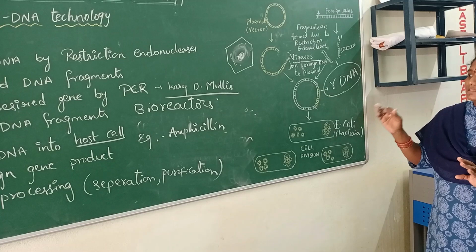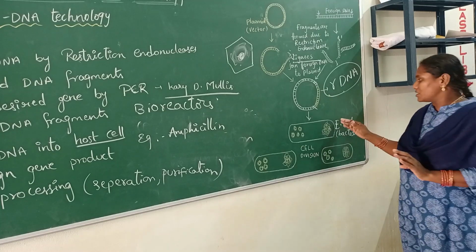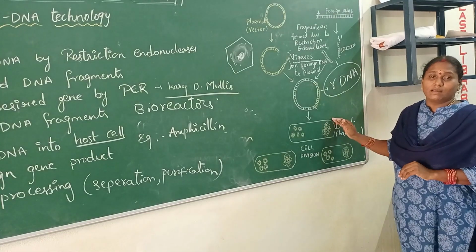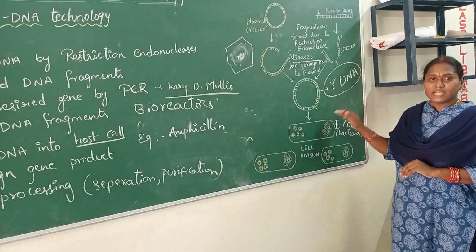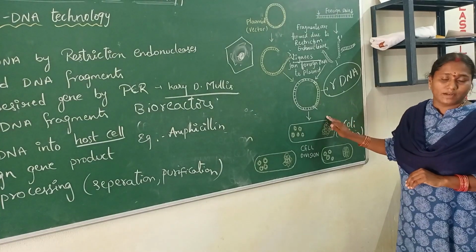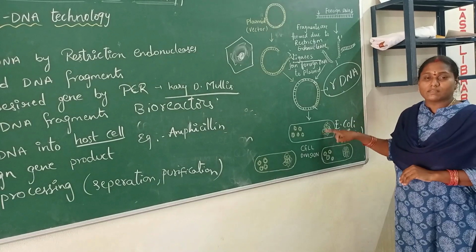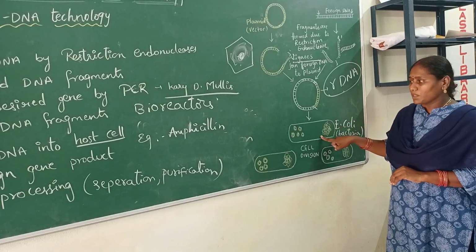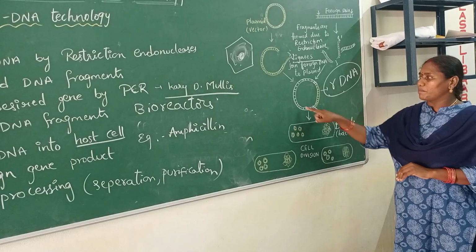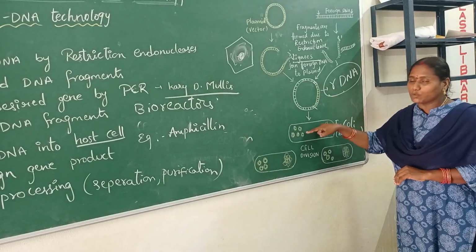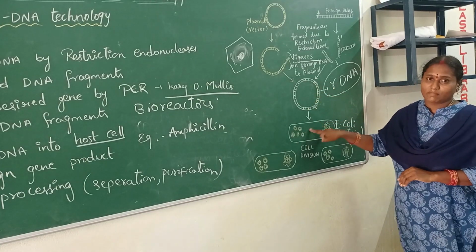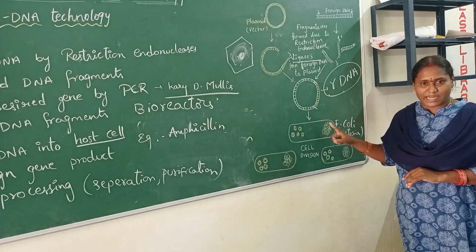In this insertion, the host cell should be very competent and stable. For that we are using a calcium solution, in which E. coli is taken and dipped. So now you are making the recombinant DNA molecule enter into the E. coli bacteria. For this, three methods are used as said before.